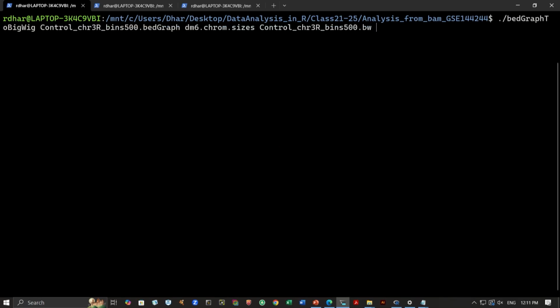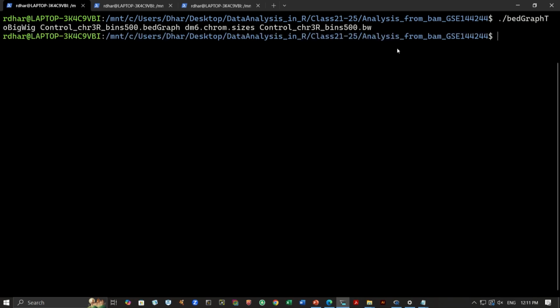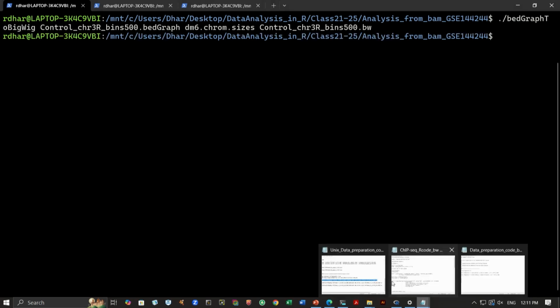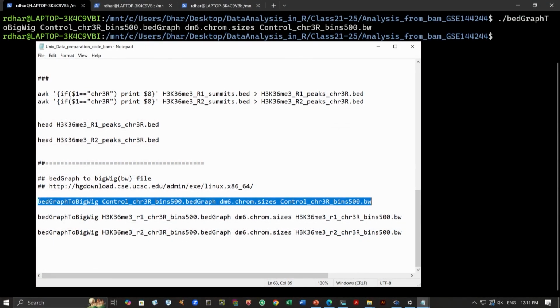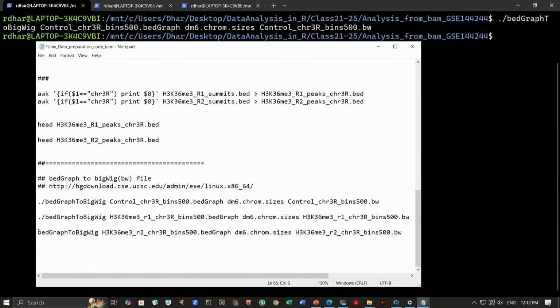So this is the final command: ./bedGraphToBigWig, control bed graph file, the bed graph file that we want to convert into bigWig format, the chromosome sizes for the organism, so DM6 for Drosophila, and then we have the output file name. So, this is the format, and similarly we can convert each of those files that we exported after binning